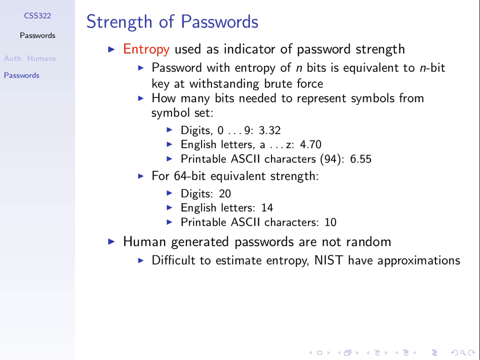Think about it from a brute force attack. How many attempts do you need to guess the password? In this example, we had a 10-character password. We have 36 possible characters to choose from, or 36 possible letters from the alphabet to choose from for each character in the password. So we get 36 to the power of 10 possible passwords, which is 3 by 10 to the 15. So a brute force attack, we need to make that many guesses, or in the worst case, that many guesses to find the password. 3 by 10 to the 15 is,